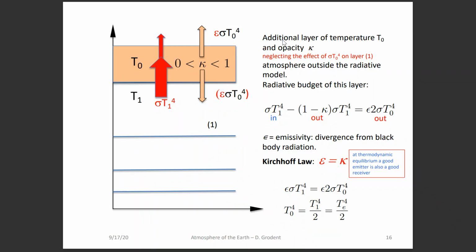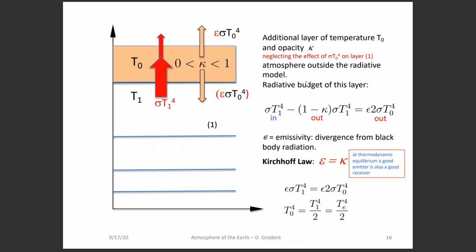Additional layer of temperature T0. Sorry, I just need to write something. Okay, so we add a layer that now has some characteristics such as the absorptivity, the opacity, sorry, and the emissivity epsilon. Radiative budget: what is entering is sigma T1 to the power 4,